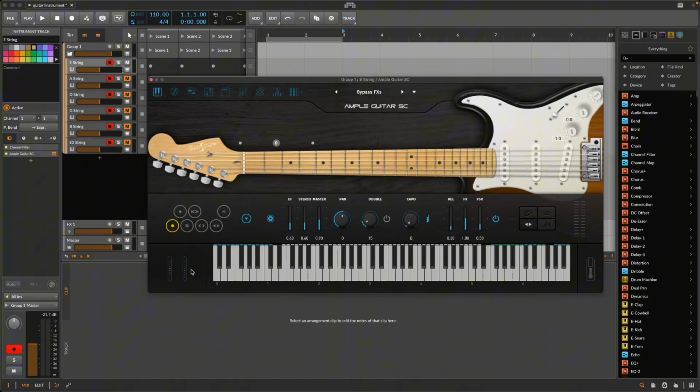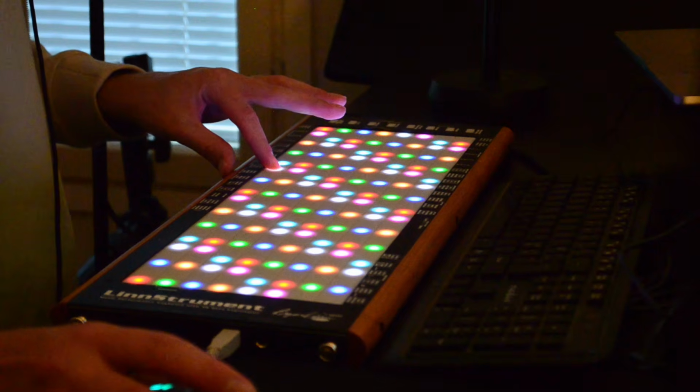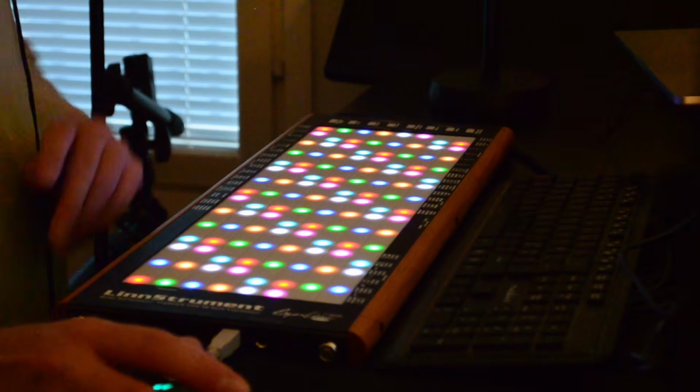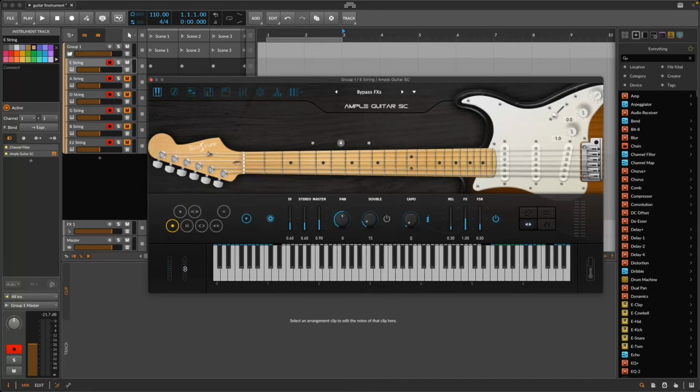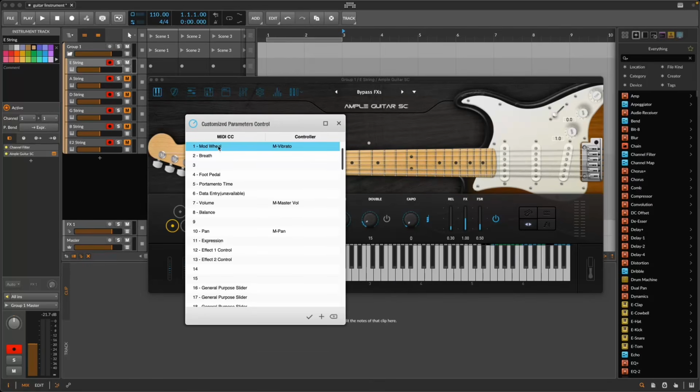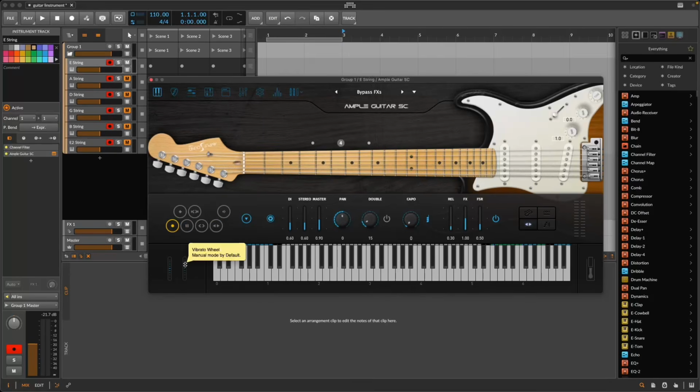And lastly, there is some vibrato on by default. So let's right click the vibrato wheel and then press X here to delete the mapping, and also turn the slider down,